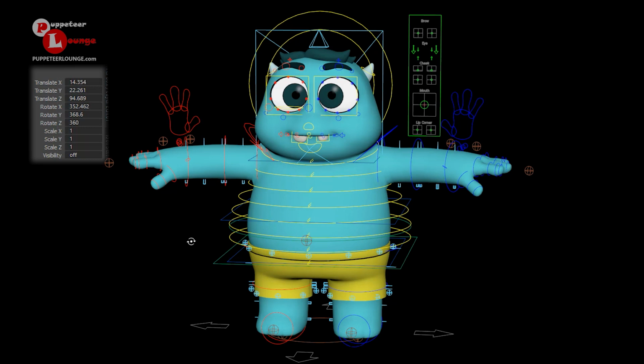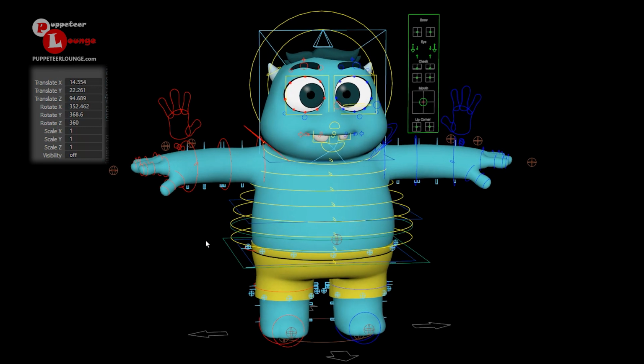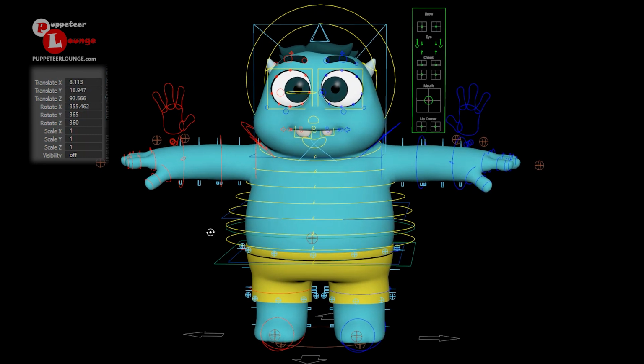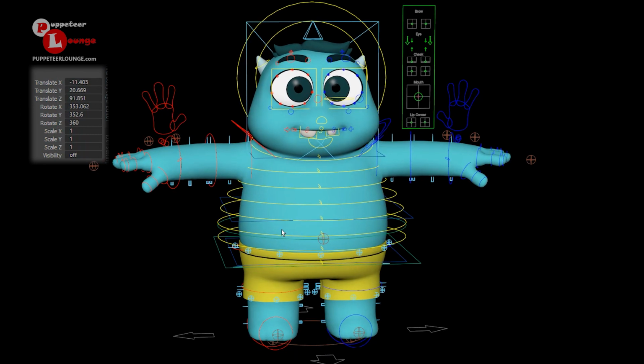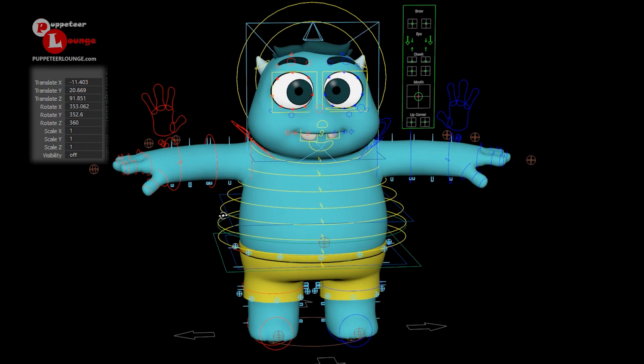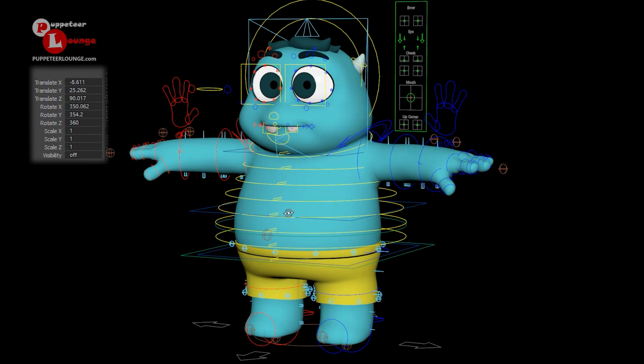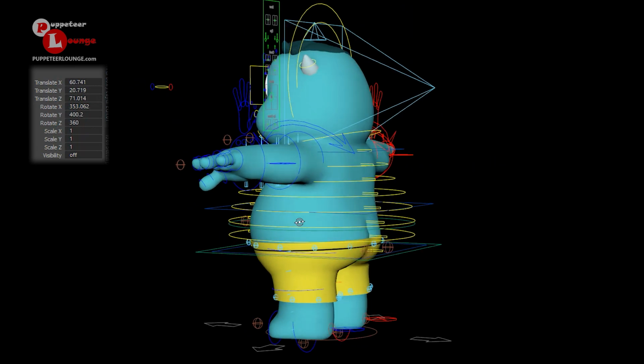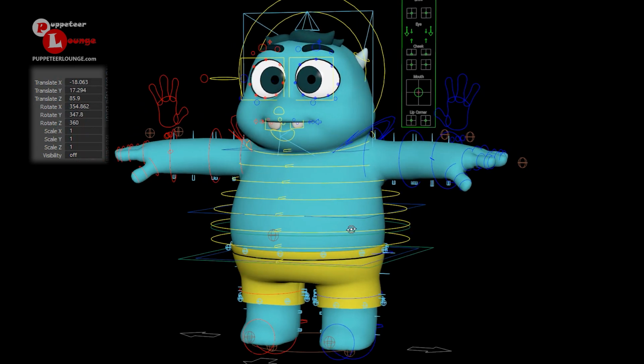So in this video, I'll be doing a rig demo for our character, Mr. Gulu. So his name is Gulu. He's a chubby little guy and he features on some of the animated projects that we're working on here at Puppeteer Lounge. So taking a look at this character, it's a bipedal character, it's a cartoony character, and if I have